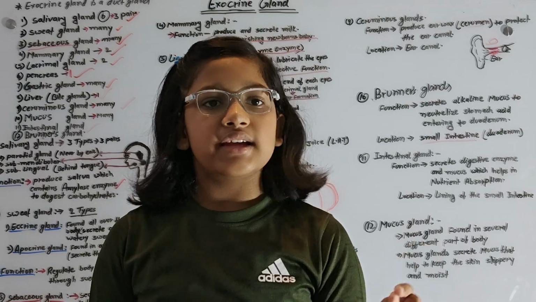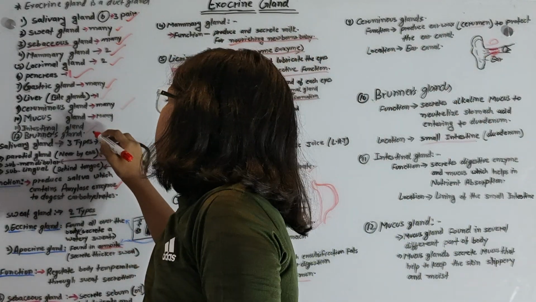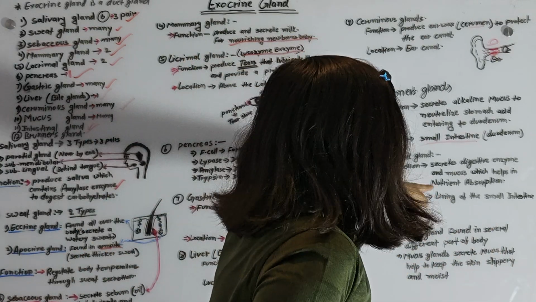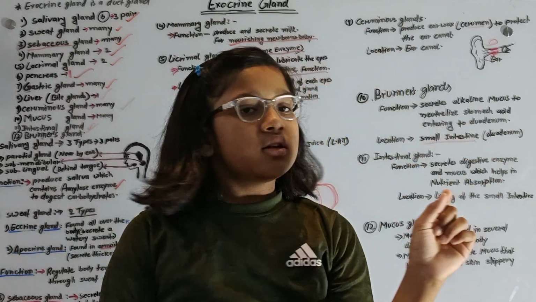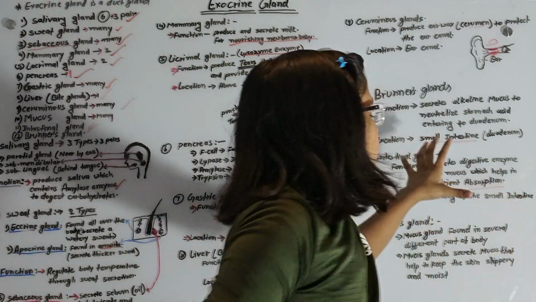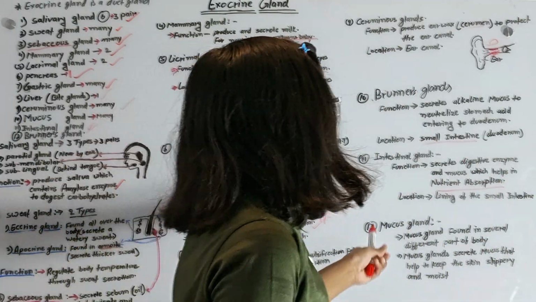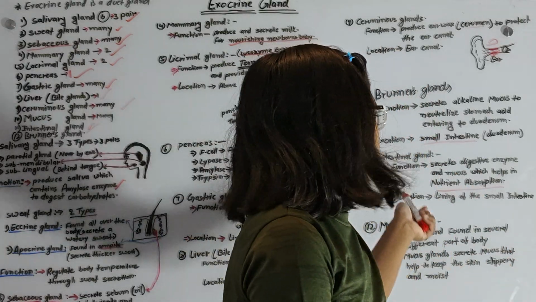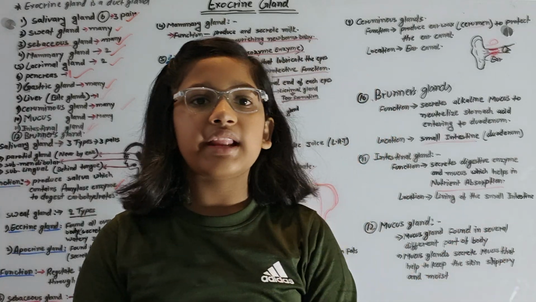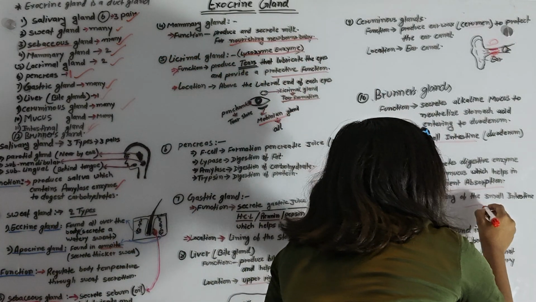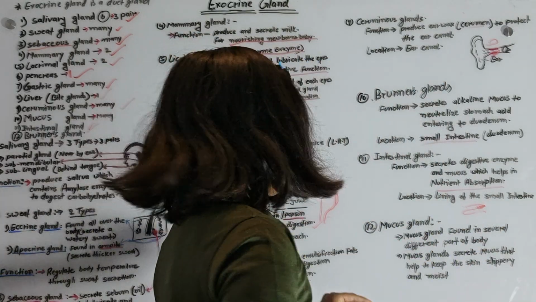Okay, now intestinal gland. Function, it secretes the digestive enzymes. So it secretes the digestive enzymes and mucus which help in nutrient absorption. ये डाइजेस्टिव एंजाइम्स को स्क्रीट करता है एंड म्यूकस को भी स्क्रीट करता है, जो कि न्यूट्रिएंट्स को एब्जॉर्ब करते हैं। लोकेशन लाइनिंग ऑफ स्मॉल इंटेस्टाइन, जो स्मॉल इंटेस्टाइन होता है उसके लाइनिंग पे ये प्रेजेंट होता है।